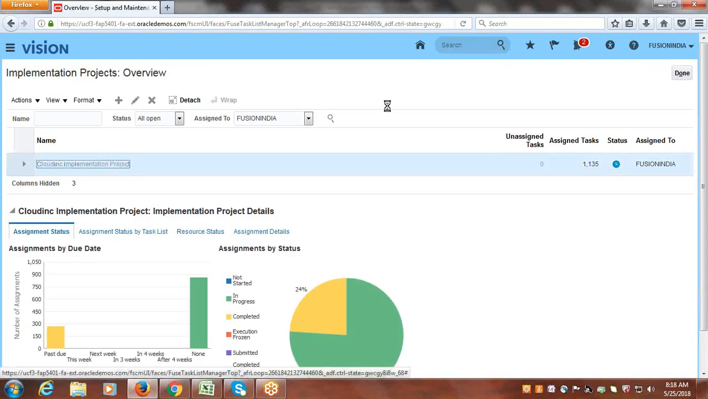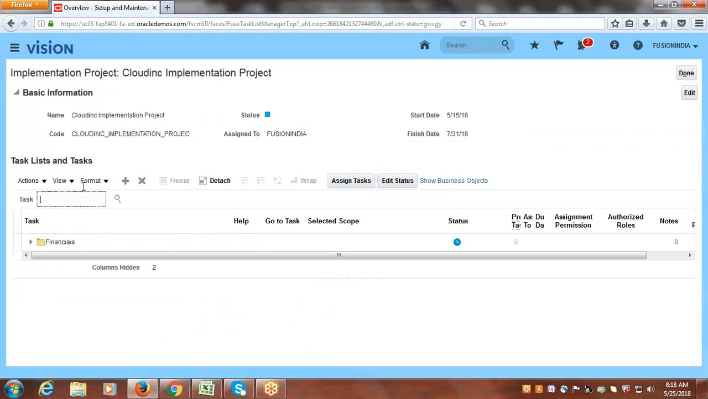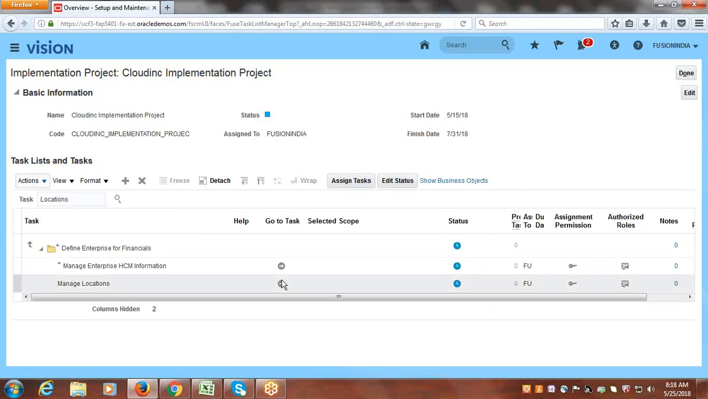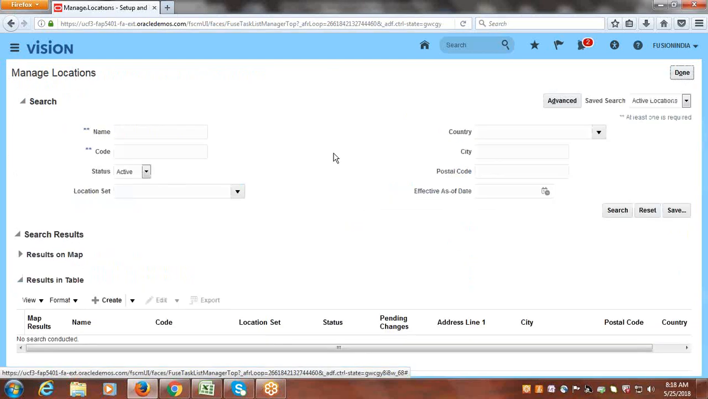Go to the implementation project, search for the task called Manage Locations, or simply say locations. The actual task name is Manage Locations. Click on Manage Locations, click on the go to task icon. Fine. So we already discussed that in every task you perform, once you land on the task-specific page, you can